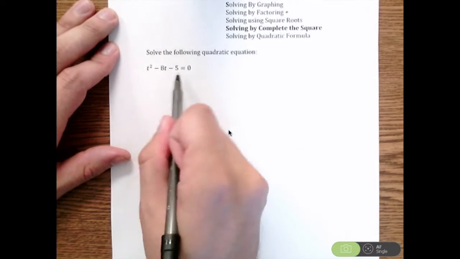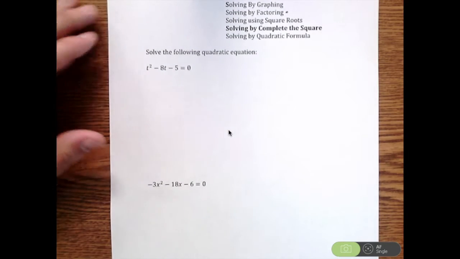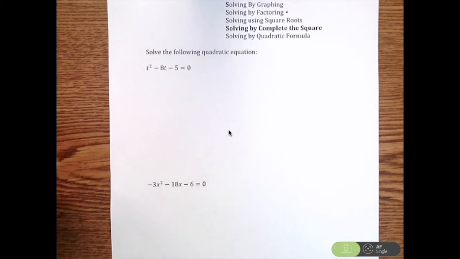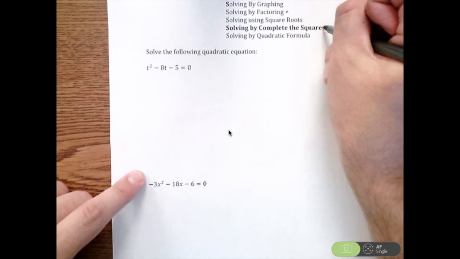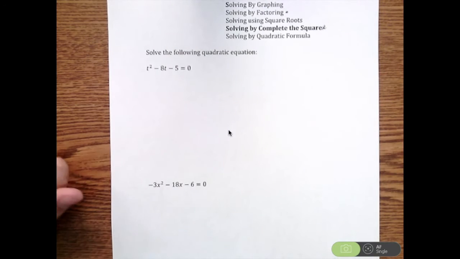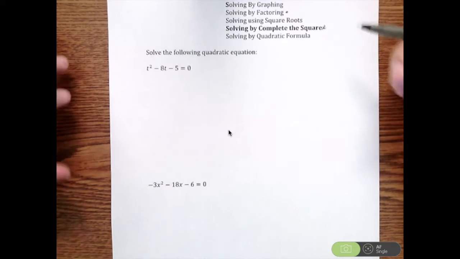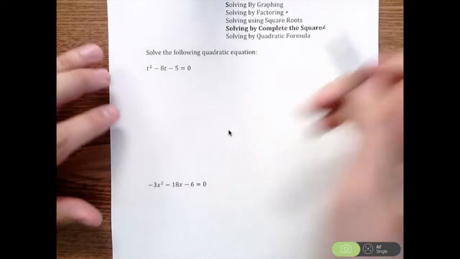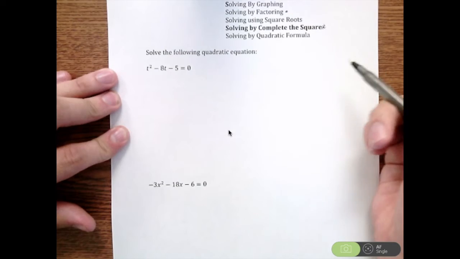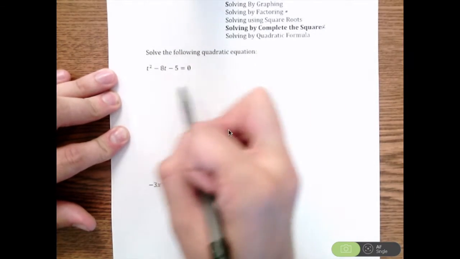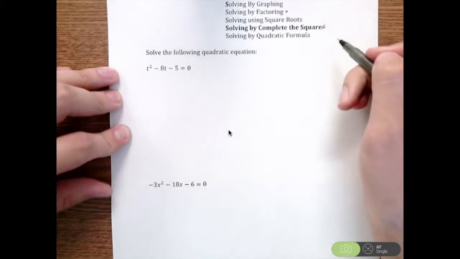So you want to try and factor this. After you've spent some time and you realize you can't factor it, that means it can't be factored. So what we're going to do is solve by completing the square. Essentially, the strategy with solving by completing the square is we're going to rewrite this left side so that it can be factored. So we're going to adjust this and manipulate the problem so that we can factor the